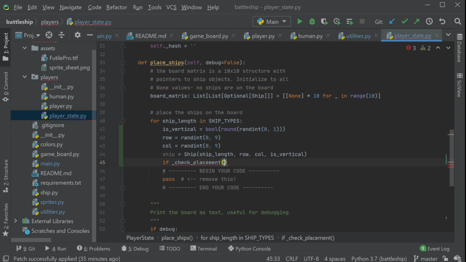And in order to know whether the ship's valid, there's 3 things we need to know. Is it off the right edge of the board? Is it off the bottom edge? Or did it collide with another ship? Now, in order to detect whether it's off the edge, it's sufficient to just look at the ship in isolation. If we know its bow and its length, and whether or not it's vertical or horizontal, we can figure out whether it goes off the edge. In order to know whether it collides with the other ships, we need to know something about the other ship locations. And then we'll capture that state in the board matrix, which is defined for us